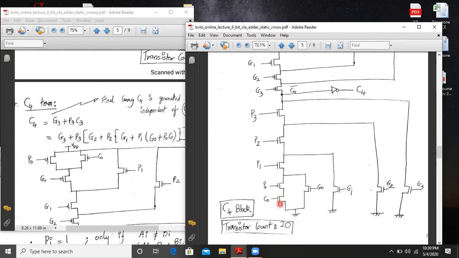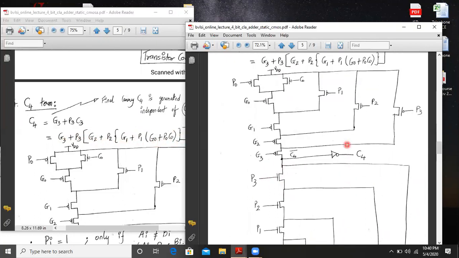So P0 C0 are two transistors in series, in parallel to the transistor with the input Z0, again in series with P1, and then the entire thing in parallel with G1, again in series with the transistor with the input P2, in parallel with the transistor with input G2, in series with the transistor with the input P3, and the entire network in parallel with the transistor with input G3. So that's how you implement G3 plus P3 times this huge expression, the pull down network.